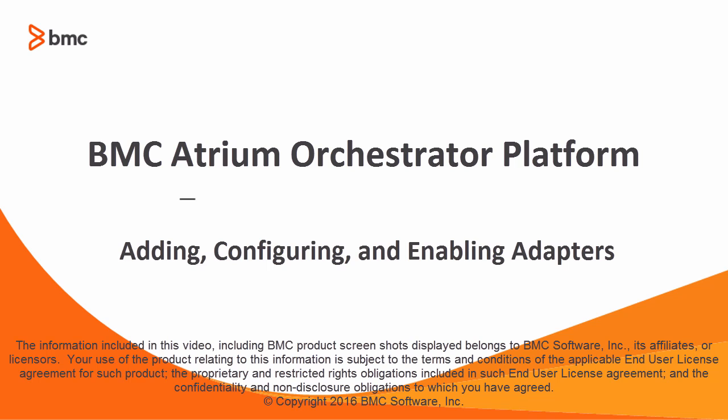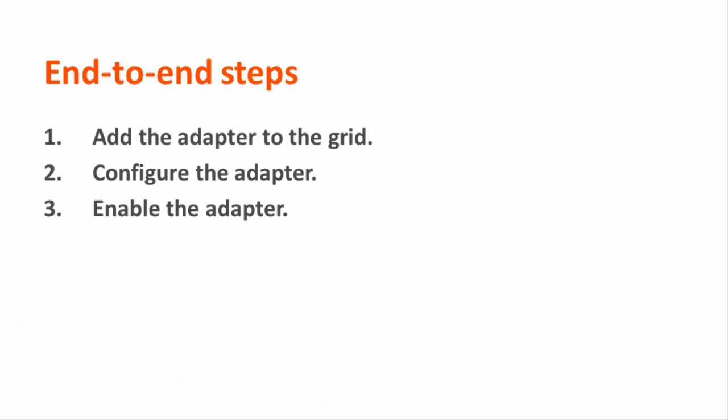In this video, I will demonstrate how to add, configure, and enable a BMC Atrium Orchestrator adapter. Adapters establish connections and facilitate communications between BMC Atrium Orchestrator workflows and external applications and support systems. To use an adapter, you must first add it to a BMC Atrium Orchestrator grid. Then you need to configure the adapter to establish connections and facilitate communications. Finally, you must enable the adapter on at least one peer on the grid so that workflows and processes can